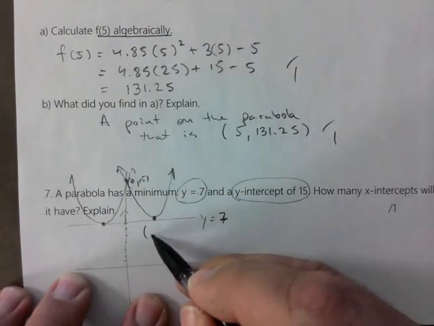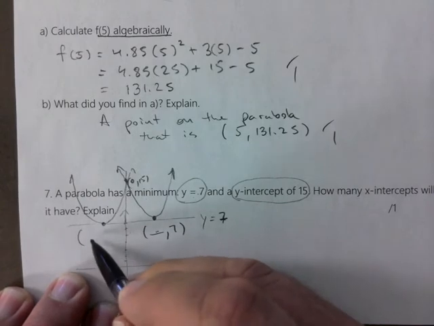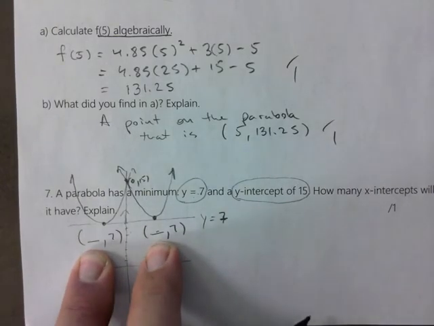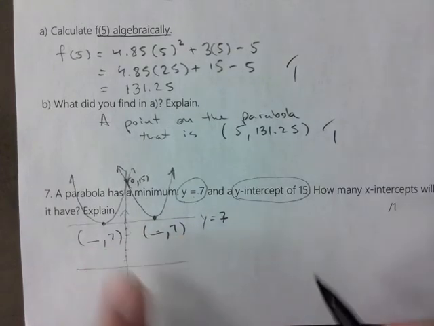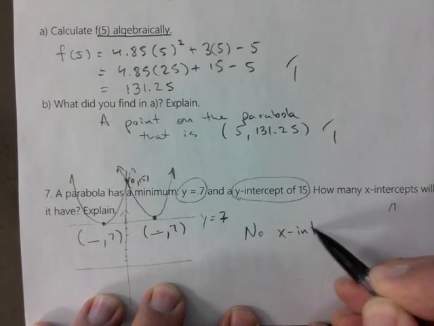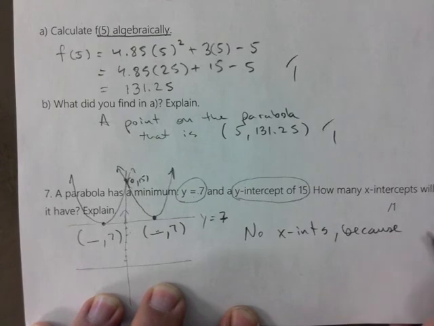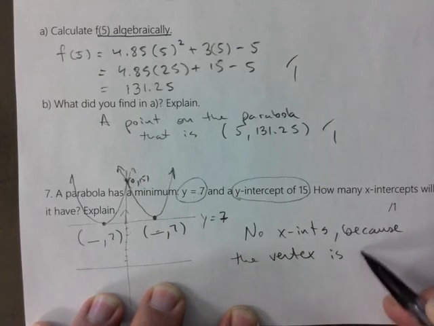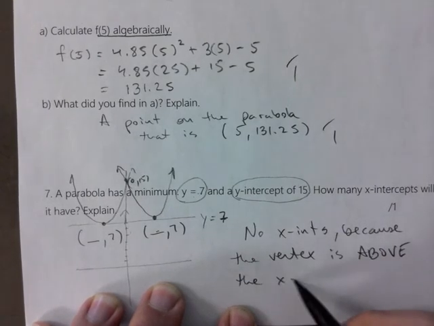So we know that the vertex, we don't know the x value of the vertex, but we do know that 7 is the lowest we get to. So there are no x-intercepts because the vertex is above the x-axis,